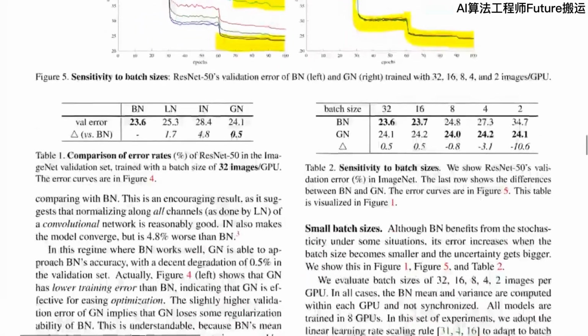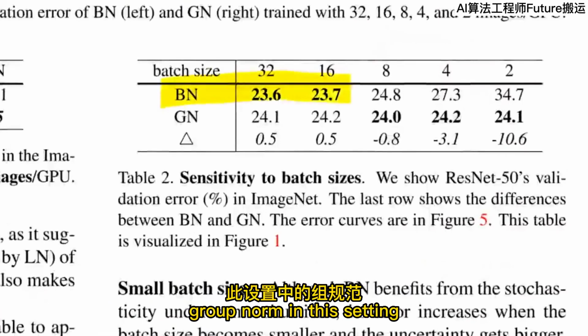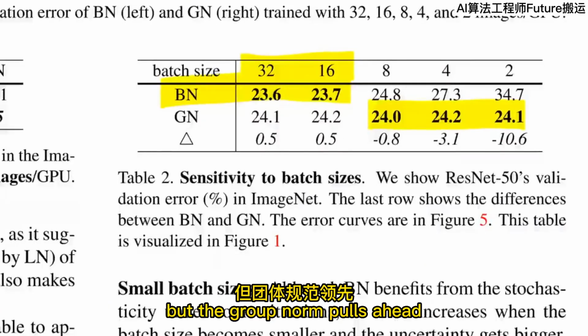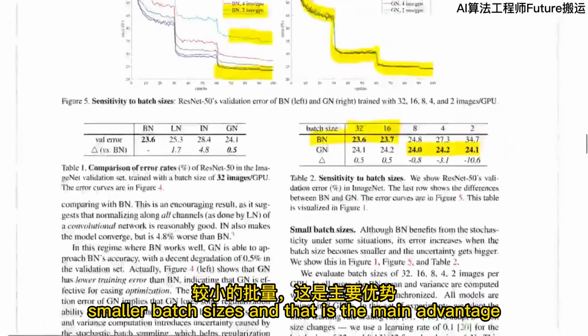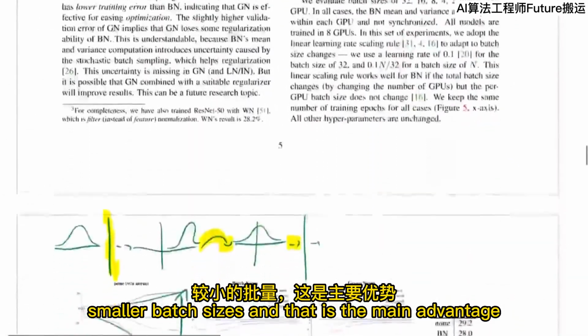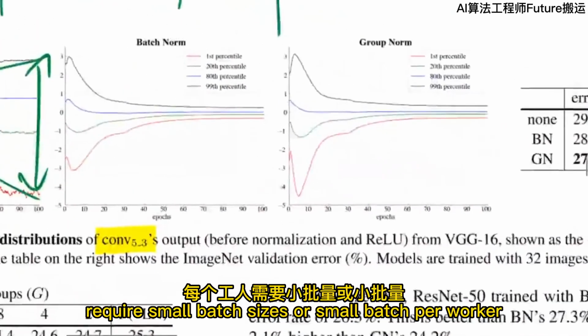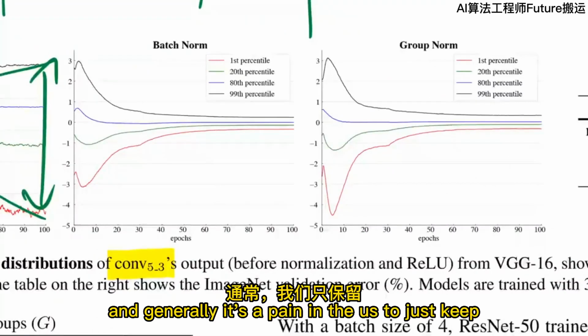So yeah, you can see that the batch norm beats the group norm in this setting when you have the larger batch sizes, but the group norm pulls ahead quite drastically when you have the smaller batch sizes. And that is the main advantage. So now you can turn to models that require small batch sizes or small batch per worker. And generally, it's a pain to just keep track of those